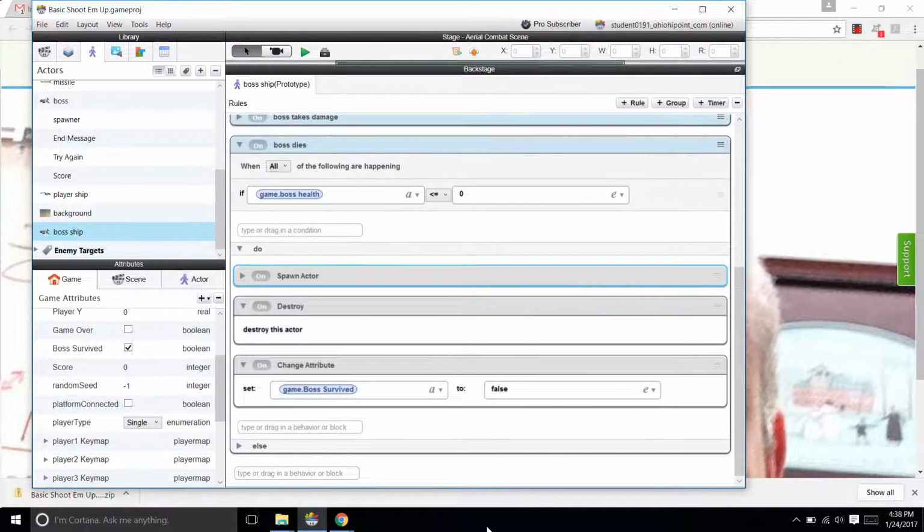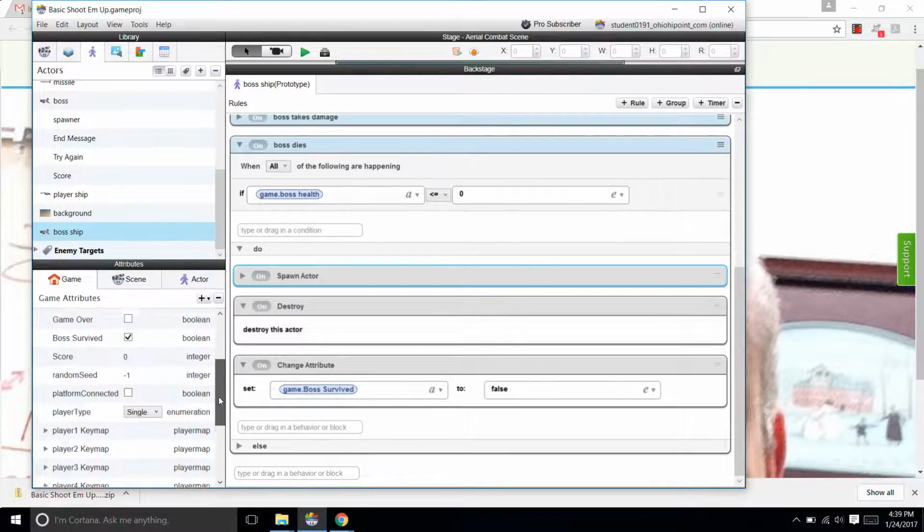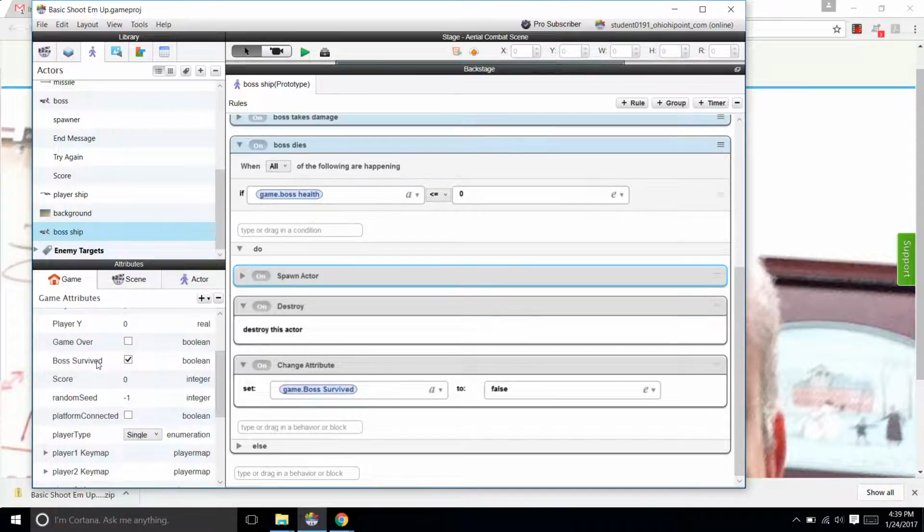So how do I get the explosion to play, go to the next scene, and yet still see the explosion, and I want to set that Boolean. If you want to take a look, we did this similar to when we did this other bit here. Take a look here, see that boss survived is a Boolean here. If boss survived is checked, then it's going to say, oh no, the boss has escaped. So that means it's true.